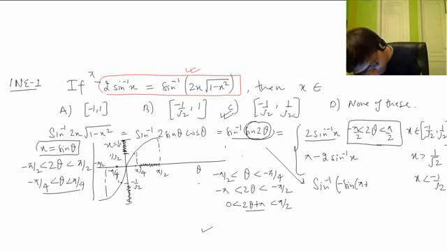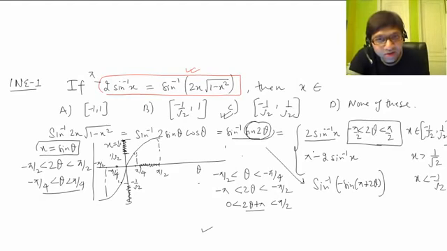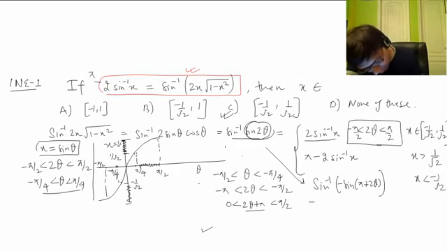sine pi plus 2 theta. It's a trigonometric formula: sine x equals minus of sine pi plus x. So if it is pi plus x, then minus will come outside. So minus we can take out, minus of sine inverse sine of an angle which is in the principal value branch of sine inverse. This is in the principal value branch, we have just seen this. Cancel this with this. So the answer comes out to be minus pi minus 2 sine inverse x.